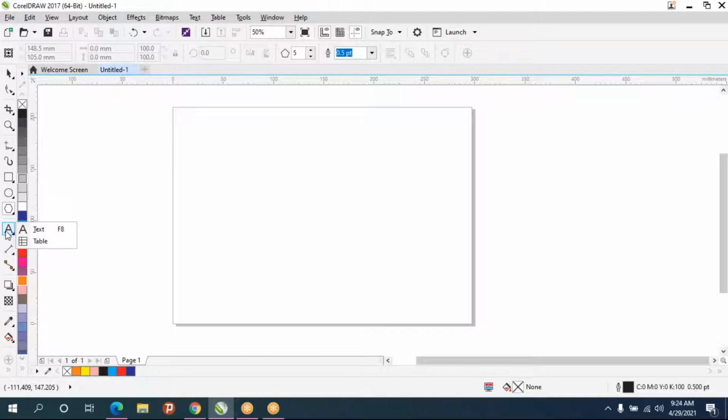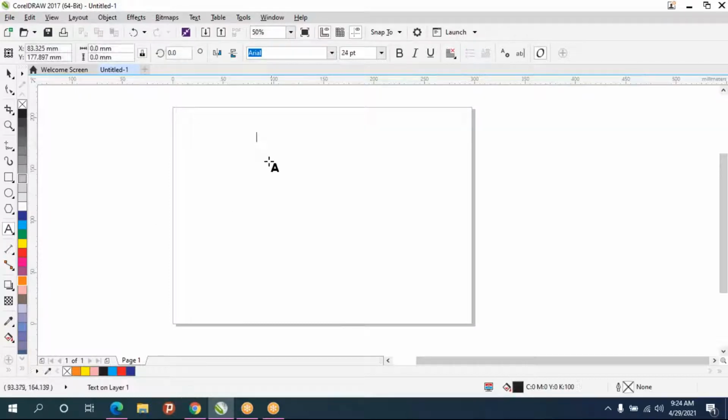Next we see about the text tool. So just click on the text tool, just one click. Okay, just one click. If you do, you can type the text.